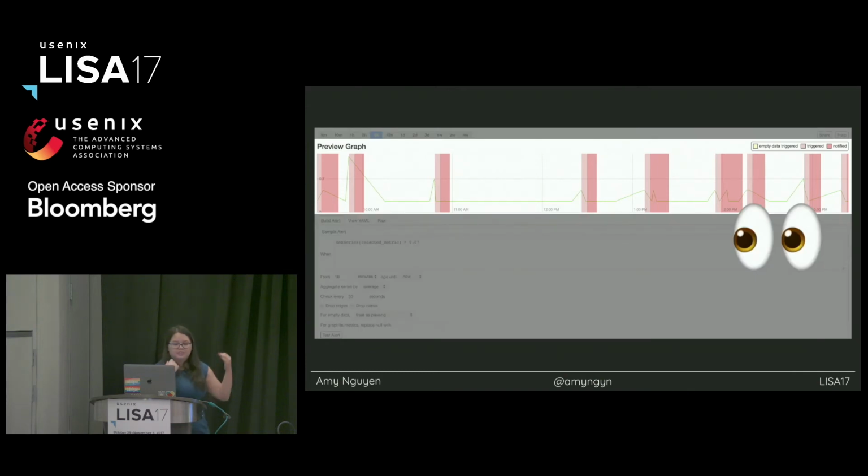But what's really important is that there's this great previewer at the top where you can see that there's a difference between when you're notified and when the alert is actually going off. Every time your alert goes off, you don't necessarily want to get a page or an email. So as a user, you can just feel out, hey, I can see in this line when I want to get emailed. Let me keep tweaking this until those red rectangles look like what I want. People can intuitively feel this out. That's one way you can stop people from thinking too hard about the details when there's an information overload, and make it so they can just feel out what they should be doing instead.